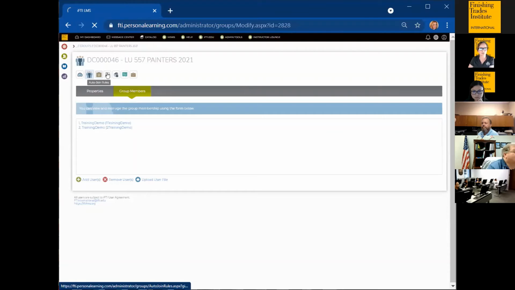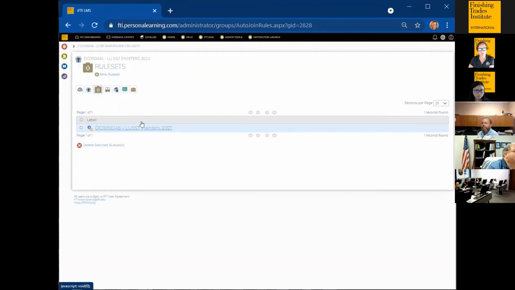Okay, so this is where you manage the users in the group that will be linked to a learning path. Not every group is going to link to a learning path. You still can use that as a means for managing users for any other particular reason. So, you might have a group that's going through some sort of certification. You just want to track who they are and what their progress is.